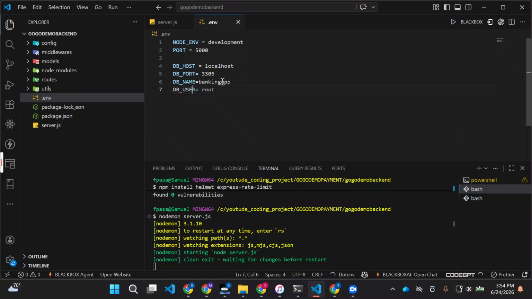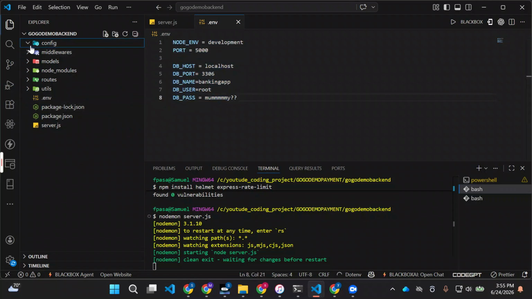I'm going to have DB_USER. DB_USER is going to be equal to root. I'm going to have the DB_PASS. So I actually have a password to it. So password equals this, then this. If I want to add more information, I can come and add it to my .env. Then after that, I'm going to go here and create a file called database.js